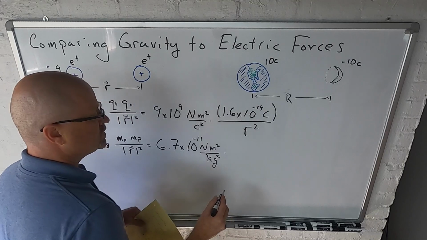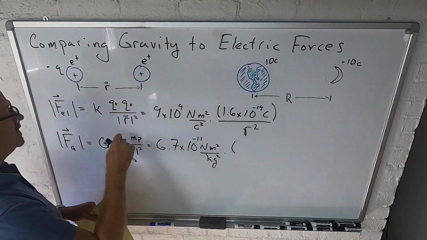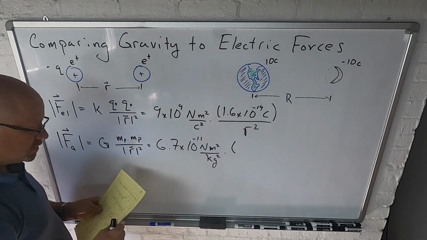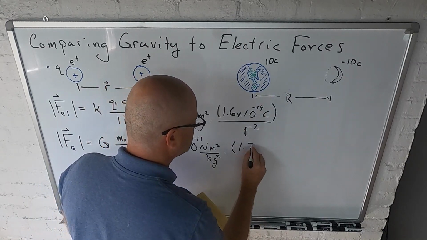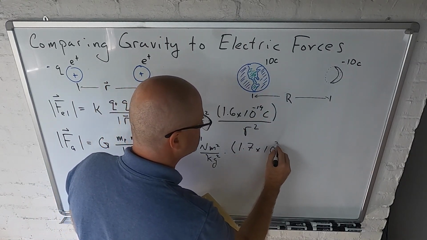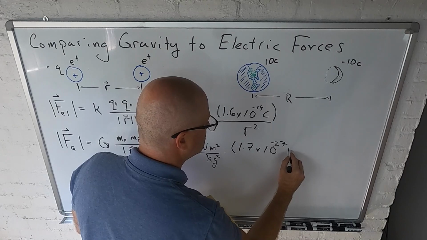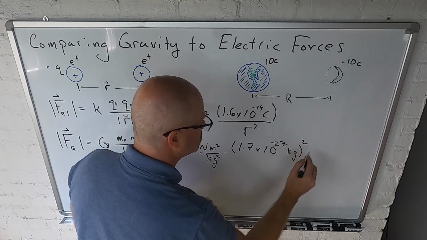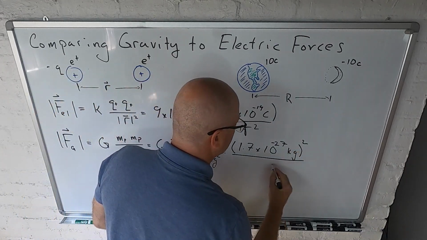And this will be times, well, it's the mass of the proton squared. The mass of a proton is 1.7 times 10 to the minus 27 kilograms, quantity squared, divided by, of course,